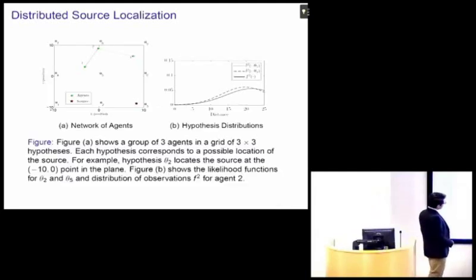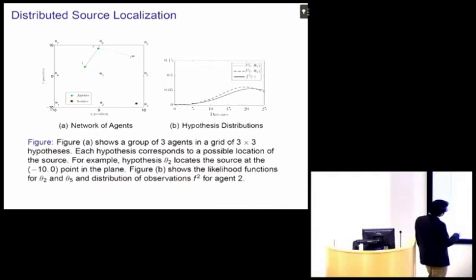So this is my attempt to make an application, but this is, of course, a toy example. So imagine we have this grid, and we have 3 nodes. This is like a space, right? X position, Y position. We have 3 nodes, and we're trying to identify the source. But each of these nodes only has distance sensors. So individually, they're not able to identify the location, so they need to cooperate. Right? So let's focus on this node 2.